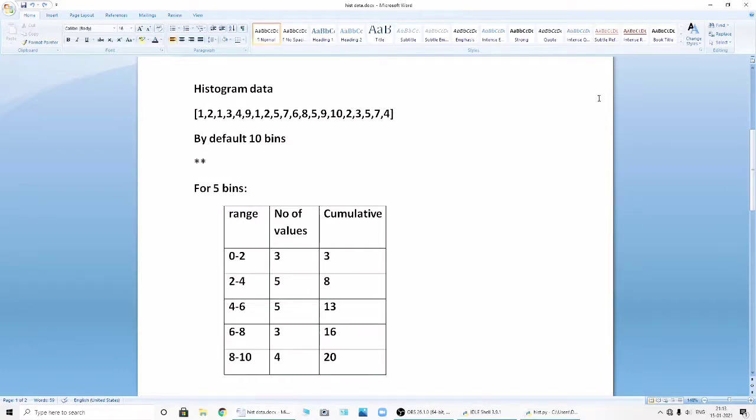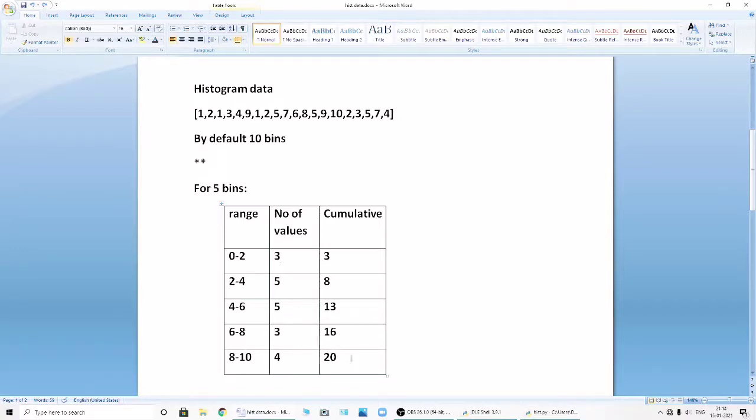Now we will see cumulative. First of all, try to understand: cumulative is nothing but the count in the bin plus all the bins for smaller values. Here you can see 3 is the count, so 3. After that, 5 plus the previous value 3 is 8. Again 8 plus 5 is 13, then 13 plus 3 is 16, then 16 plus 4 is 20.